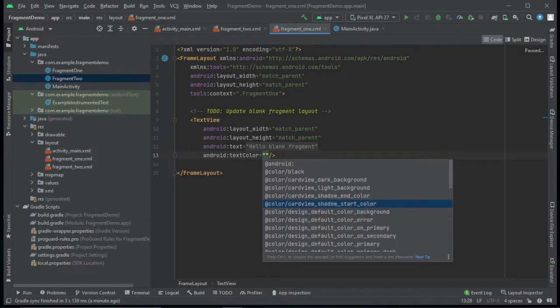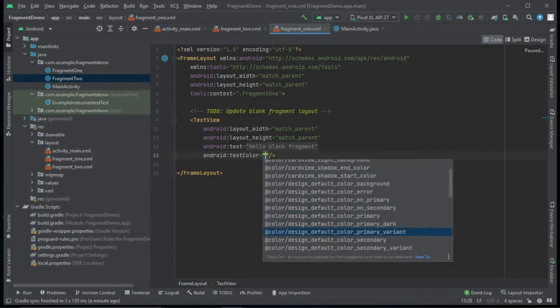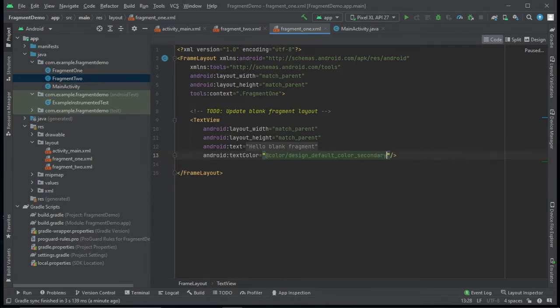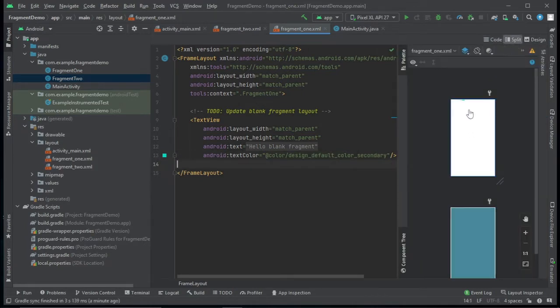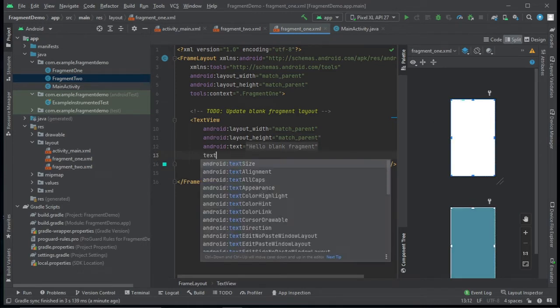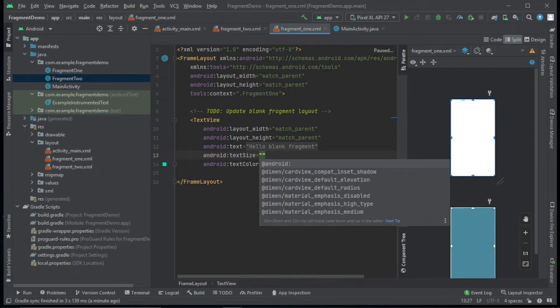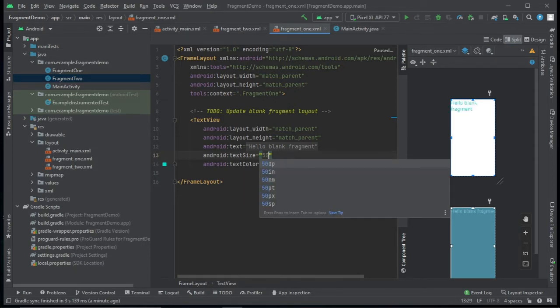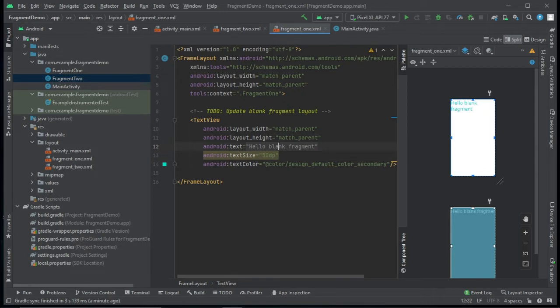Okay, I just choose some other colors. If you know the hexadecimal code, you may specify the exact color of the text. Here I randomly selected a particular color, and to make it visible I just set the text size to 50 dp and change this fragment value to